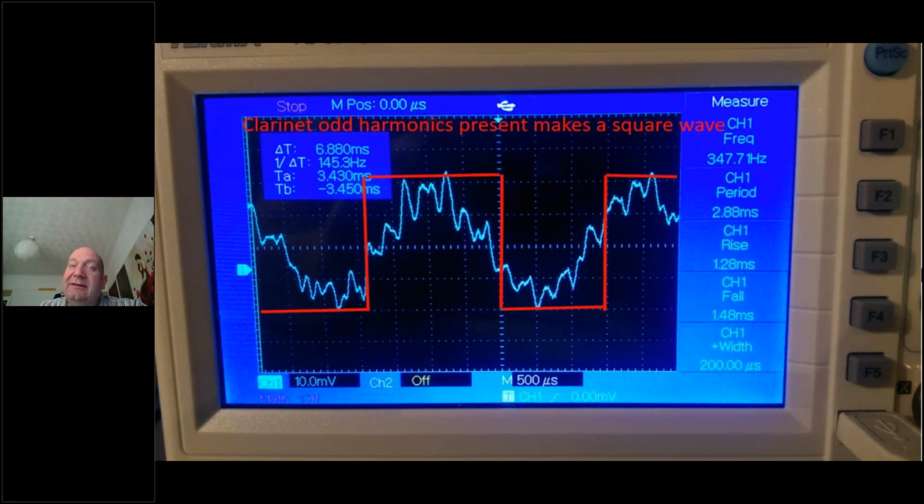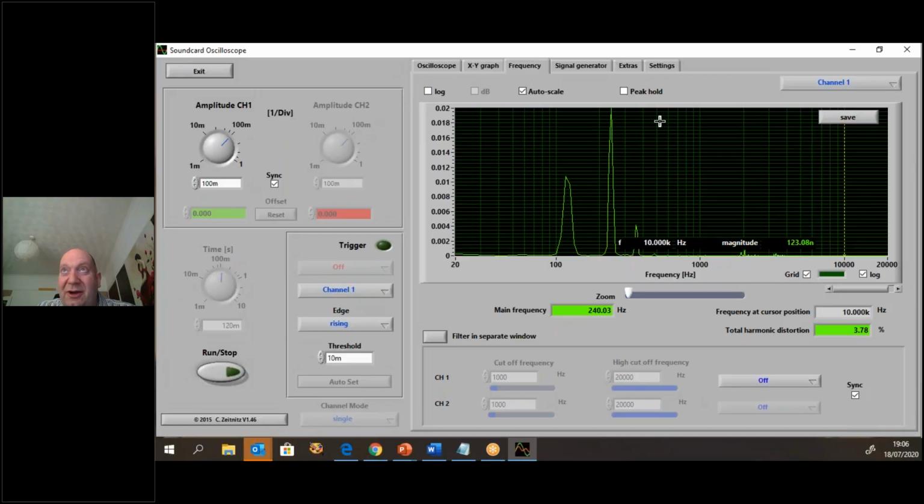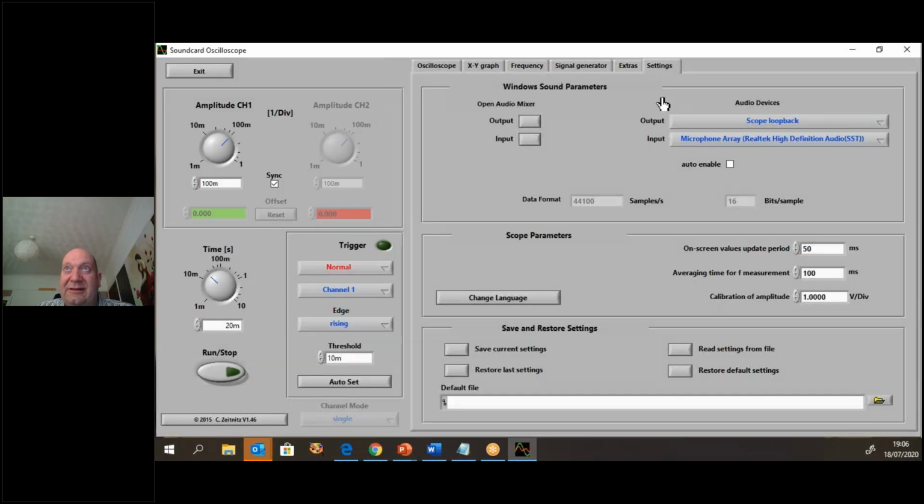A clarinet, so if you get students that are prepared to come and play these. But the thing about this is with that sound card oscilloscope, I won't waste too much time with this now, but I must show you something about this. If you go to settings, okay,